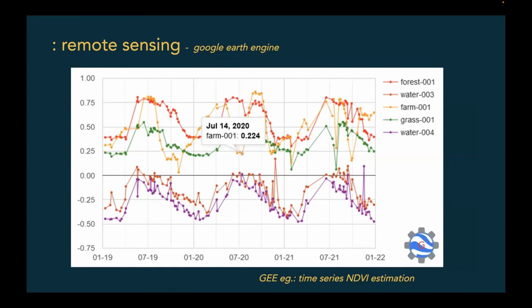In the previous presentation, I showed you this particular slide, time series NDVI estimation. This example is based on the script that I will share with you in a few seconds. A few things I want to emphasize are the patterns of different vegetation types, including water bodies, how they change within a year and between years, and how they differ from each other. To take you to the script,